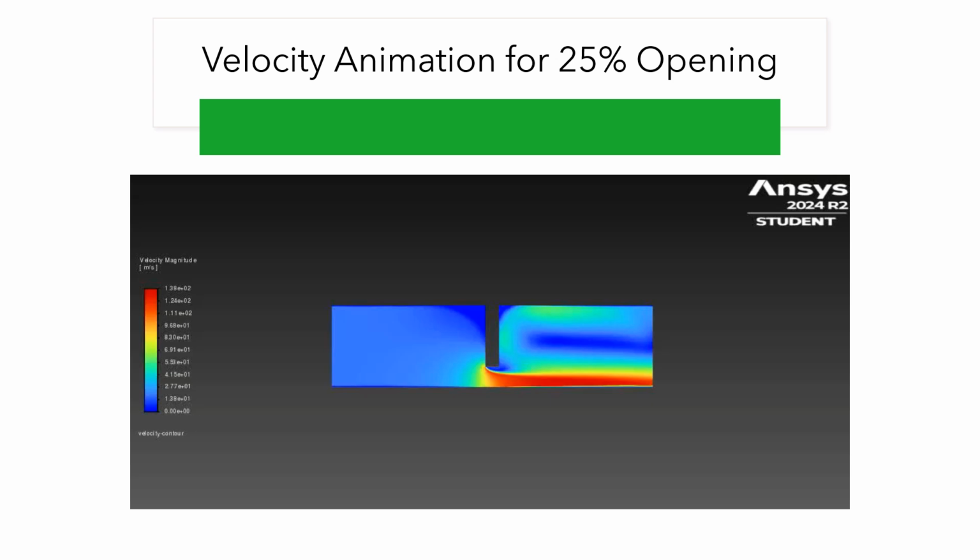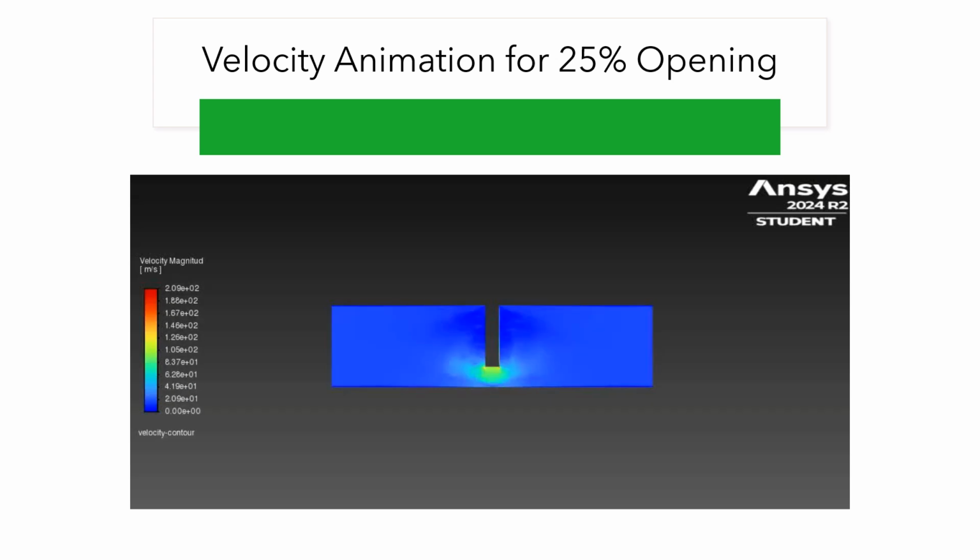And as you notice, there's a bit of a slow area up the top because the high velocity water all goes through. Next,